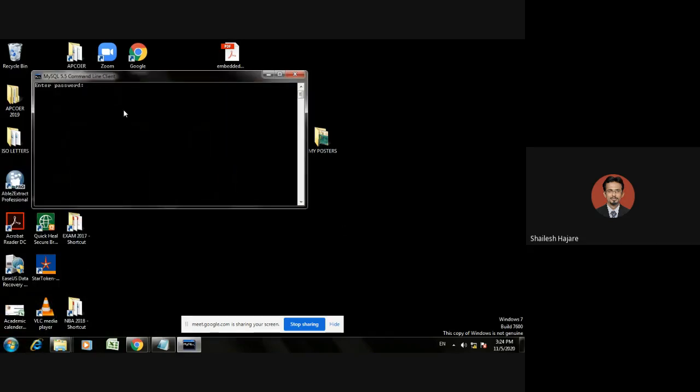It will ask for the password. One step I forgot to tell you: the password you set at the initial time, before finishing the process, is for the root username. I will type the same password over here.